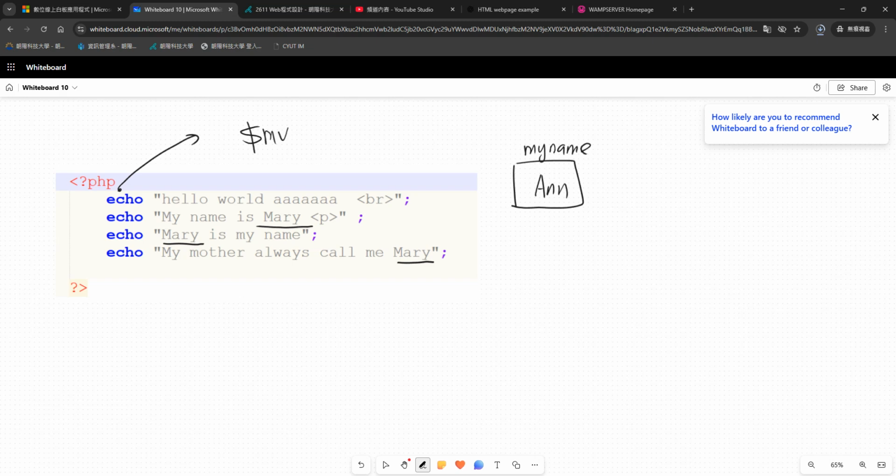My name equals means to set up the value to this space. My name is equal to "Ann". Ann is a string. Don't forget, a string needs double quotation marks. And every end of a sentence should use a semicolon. And I can use this variable to replace every